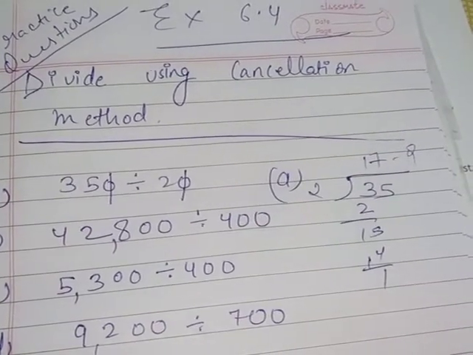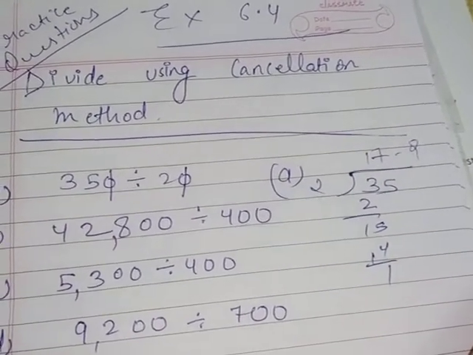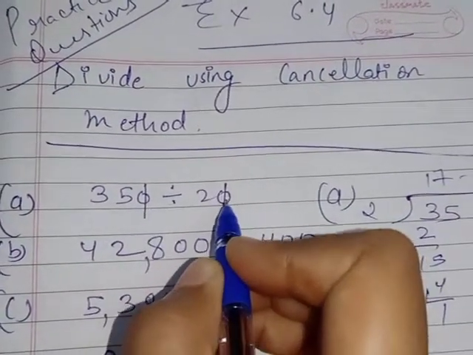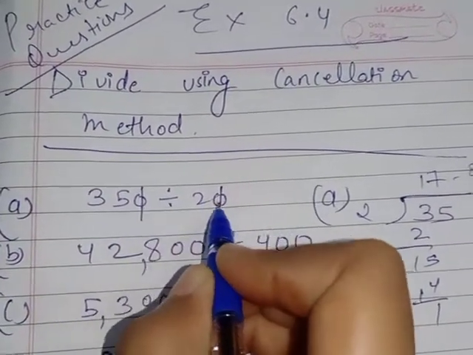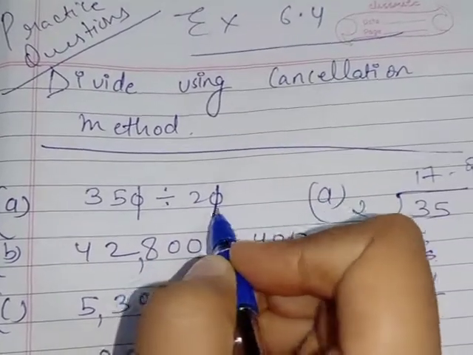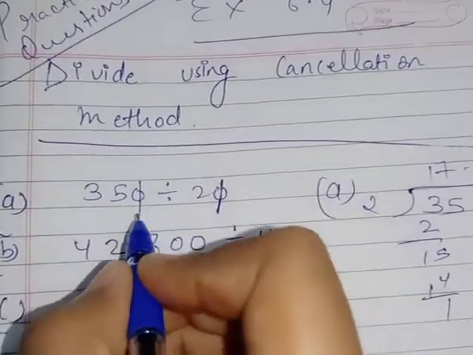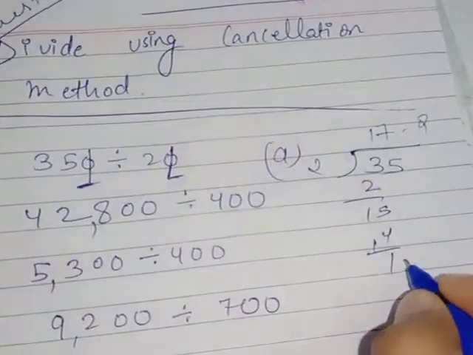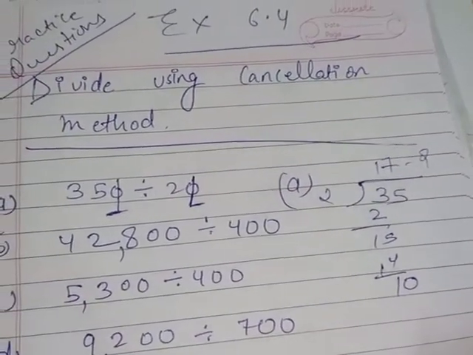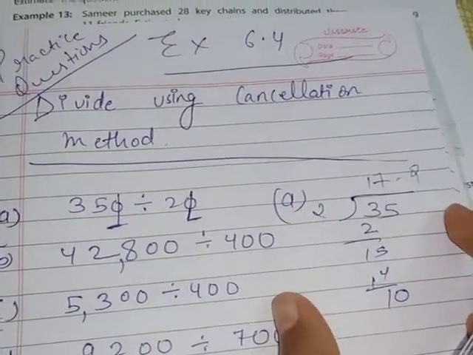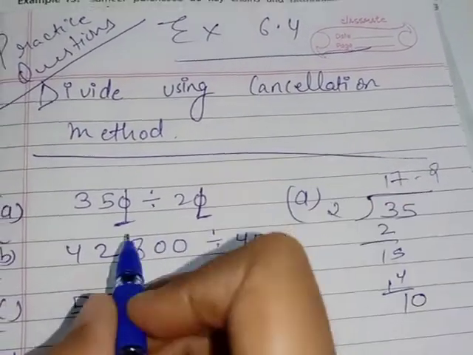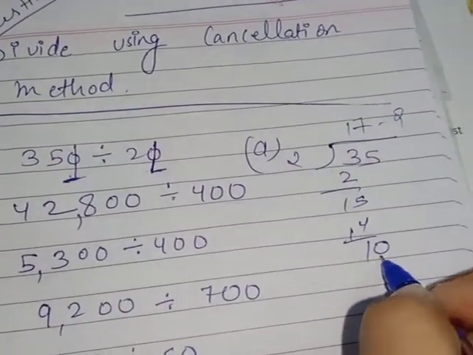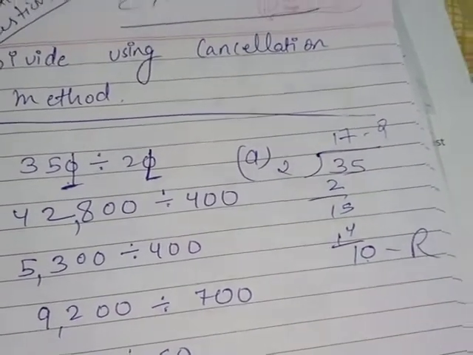The final and very important step, many a times students forget this. This is the 0 which we have cut. How many zeros have we divided here? 1 zero only, 1 zero with 1 zero. So this divided 0 will surely be written in the remainder place. Keep in mind, don't forget this. You just do a simple division and at last the 0 which you have divided, put that 0 in the remainder place. So the quotient and the remainder.